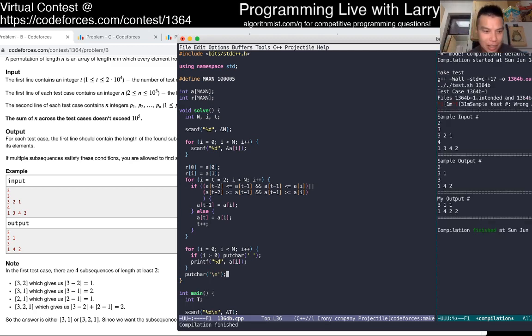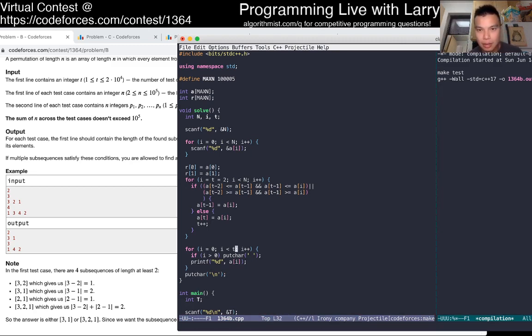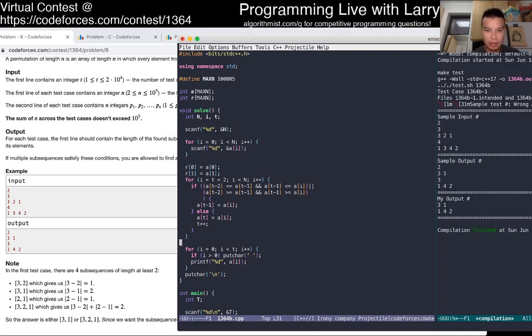Okay. Well, this is a little off because this is T, not N. Also, we have to print out T.